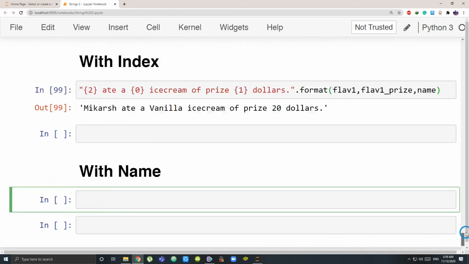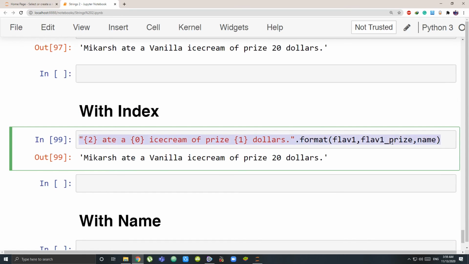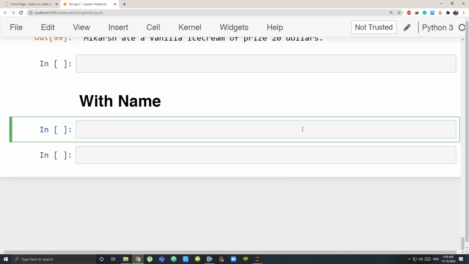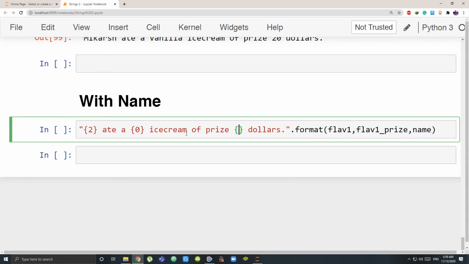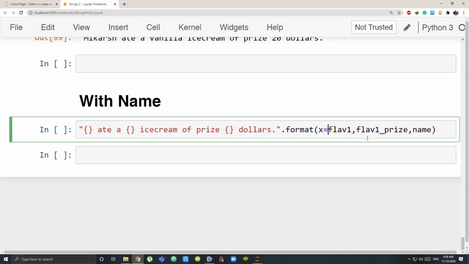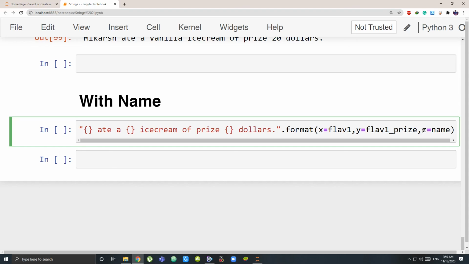Now one more thing that you can do to make things simpler is you don't necessarily need to have things in order. Okay, let me just get this off with name. So I can give each one of them a name. This is given the name X, this is given the name Y, this is given the name Z. Whatever is coming inside my dot format method, give them also a name.